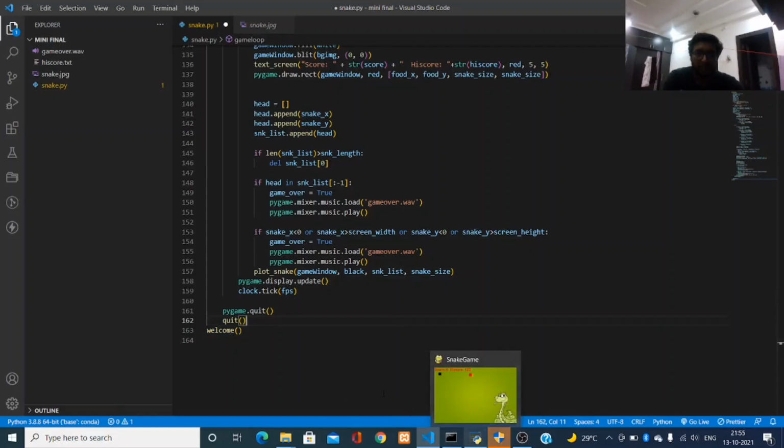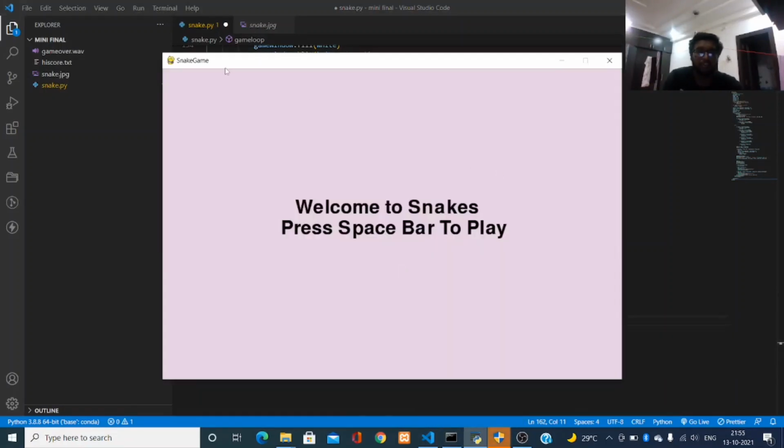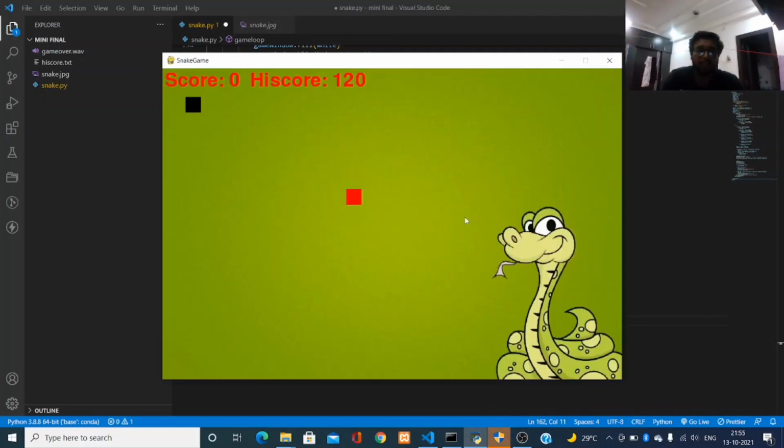Then at last I will show the demo. Firstly you can see the welcome screen will be shown. Then if the user presses the space bar, then the game will start. You can see that when the snake grabs the food, the length of the snake will be increased.